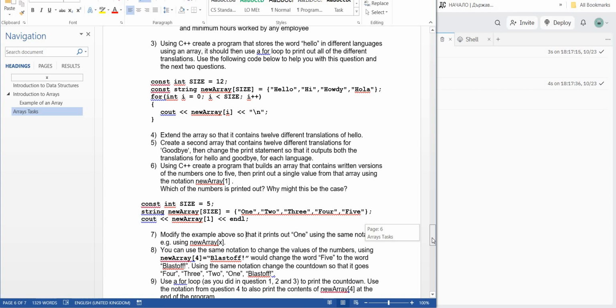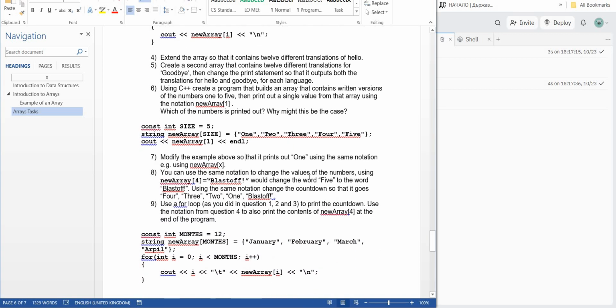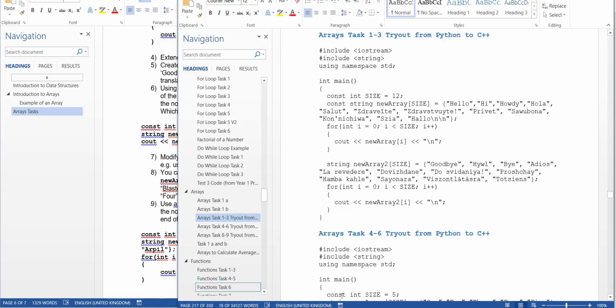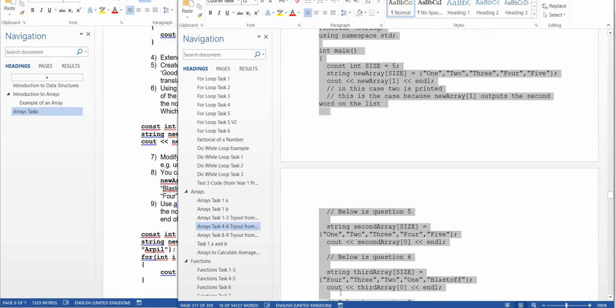Now we need to do the next part of the array. We can use the same notation using new array 4 equals blast off. So we need to change the word 5 to the word blast off, and we're going to use that same notation to change the countdown. So the way we would do that will be